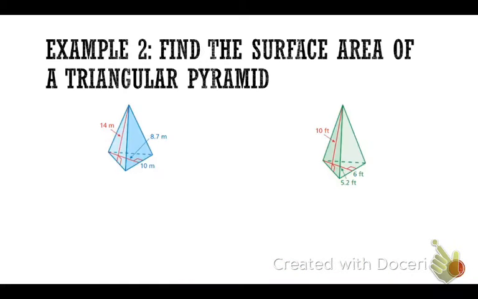Now let's talk about triangular pyramids. All right, now again, that description, what kind of pyramid, that tells me what the base is. Do you guys see that the base is now a triangle? Okay, so when you find the area of your base, you're using the area of a triangle formula to find the area of your base. Surface area. Okay, so that should be an S, sorry. Surface area equals